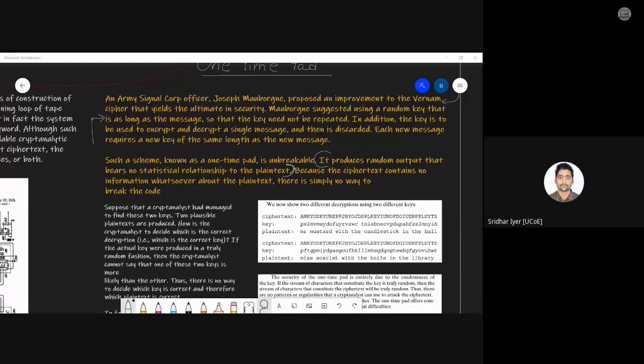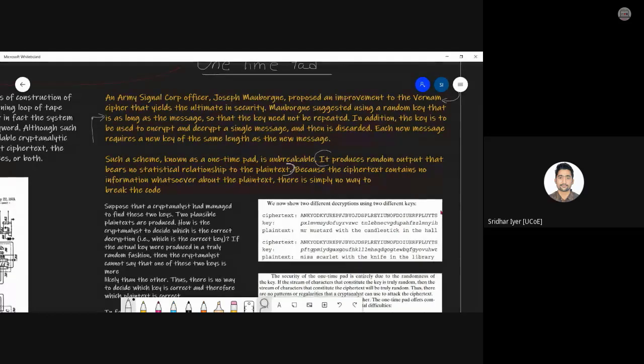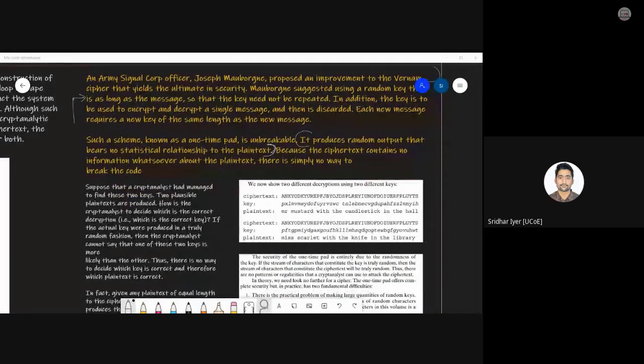Once the receiver gets the email, the receiver will basically have the key. That key can be used to decrypt it and get back the plain text. I'm just giving exercises for you to perform. Am I clear? Yes or no?